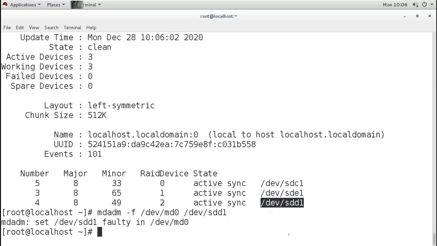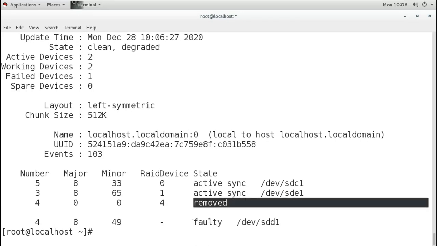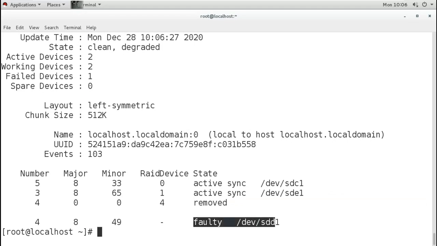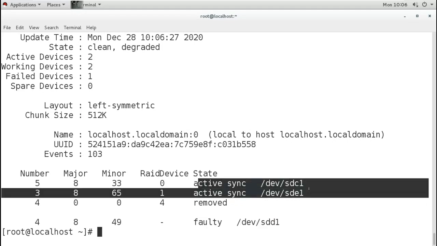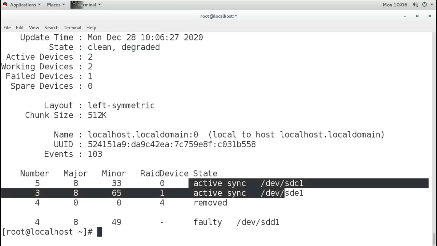Now we do not have three disks for RAID 5. Now when you check the detail, you see it is saying removed and one disk is faulty, and now we have only two disks active. Now what is the problem here? We can say the state is still clean, but it is degraded because it is now working on only two disks, and if anything happens to these two disks, we will lose the data.